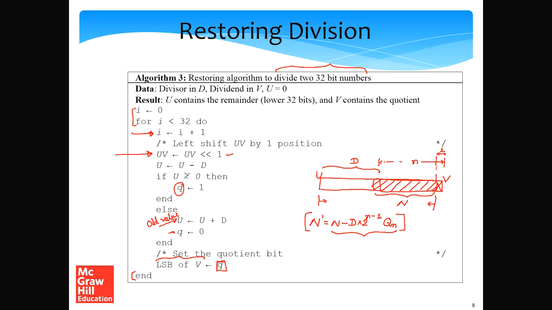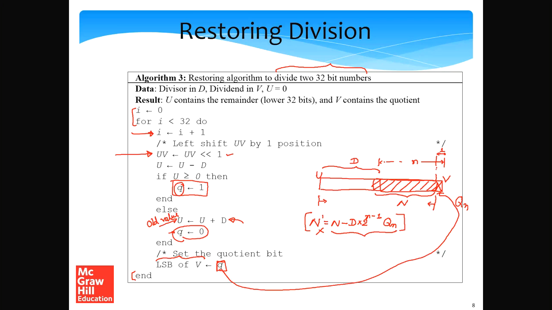Now if the new value of u is less than 0, which means that this new dividend is not valid, then we will set the quotient bit to 0 and restore the value of u, right? So we don't want a negative dividend, so we'll restore it. That's what we have been doing. Otherwise, if it's greater than or equal to 0, well, fair enough. We have computed the quotient bit to be 1. So once we have done that, the quotient bit that we compute is set to this unused space over here, which is Qn. Because this space is anyway not used, we are not factoring it into the dividend. So this will become Qn.